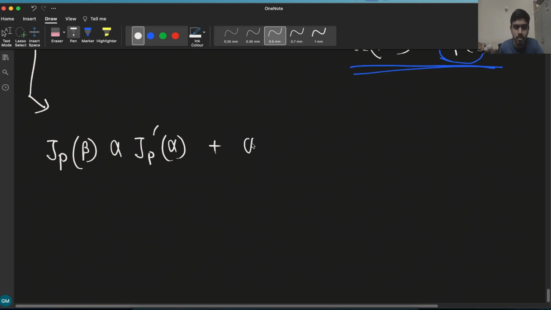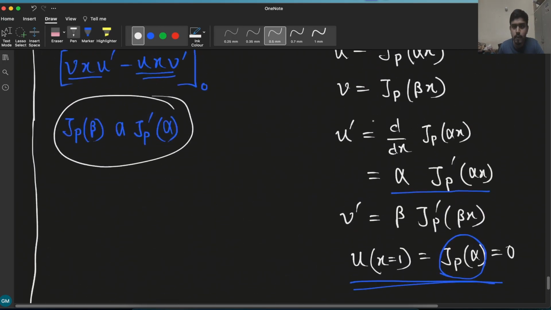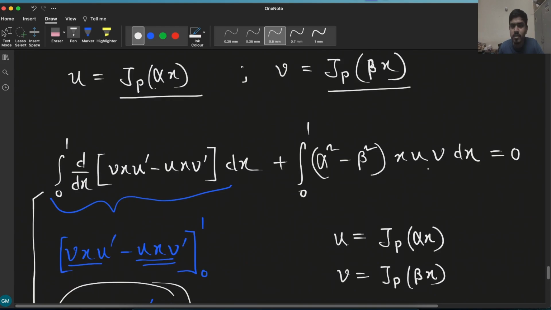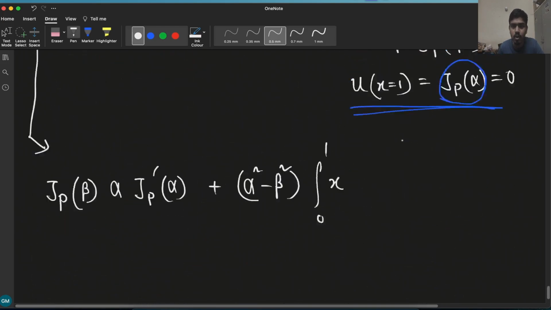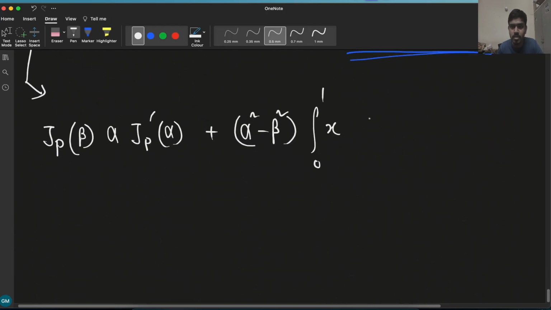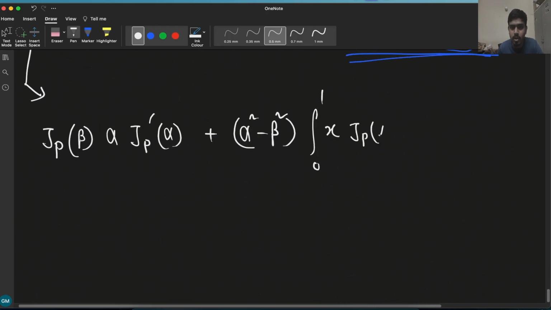So it is alpha square minus beta square, then the integration from 0 to 1 of x u v dx. So x, and what is u? u is J_p(alpha x). What is v? v is J_p(beta x)